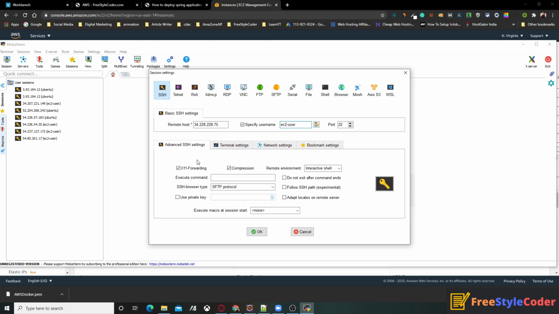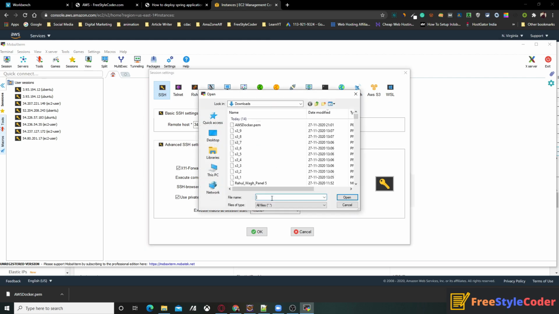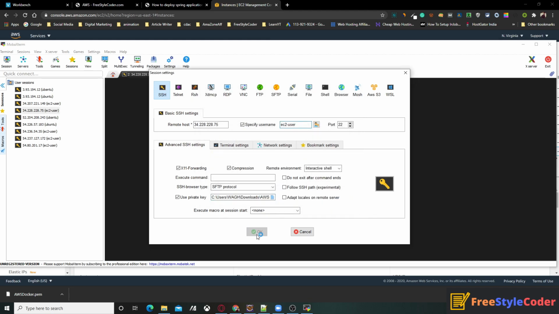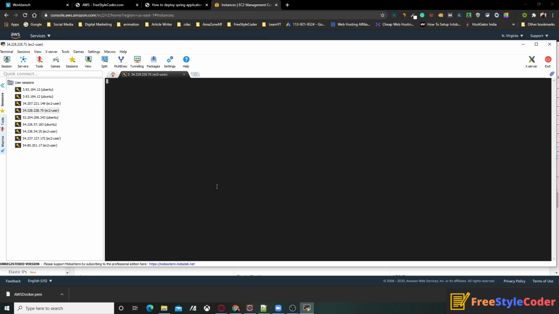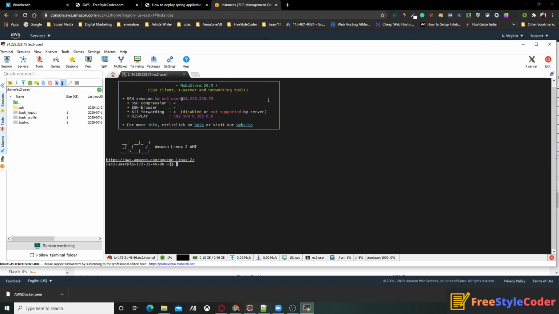Then click on the advanced SSH settings. Use the private key. You have to select the key which you downloaded earlier while creating that EC2 instance. This is the key, the AWS docker.pem file. Then open that and hit OK. Now you have successfully entered into your EC2 machine.